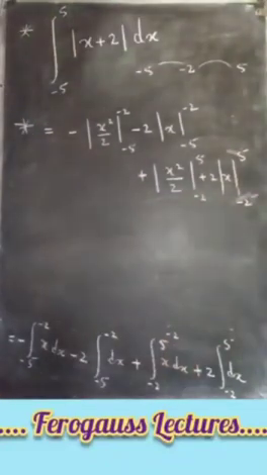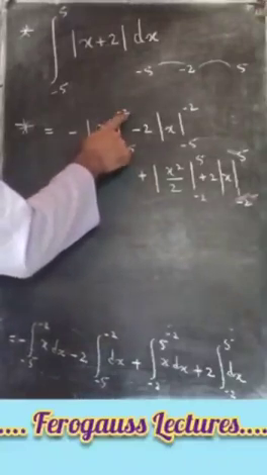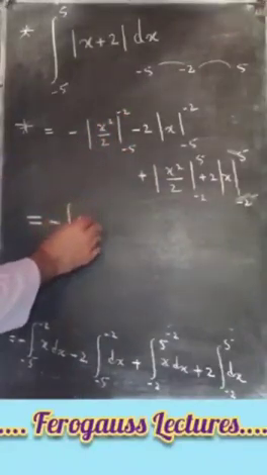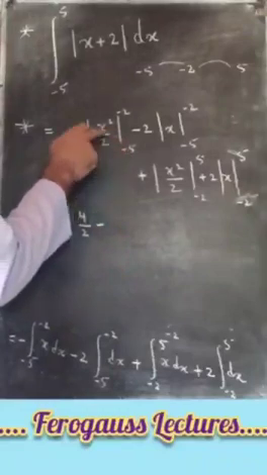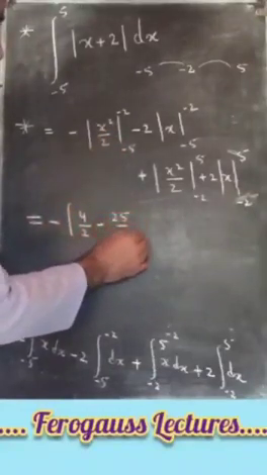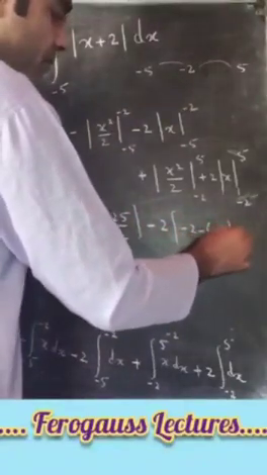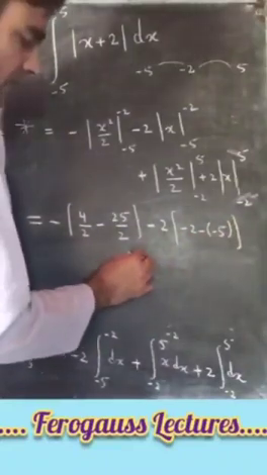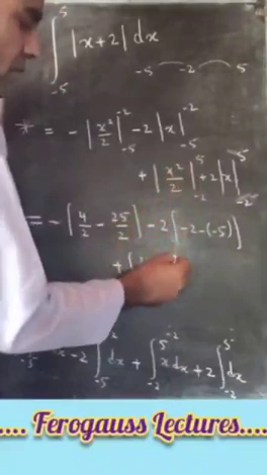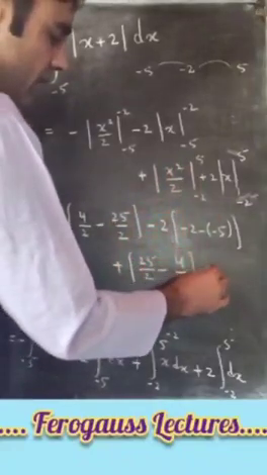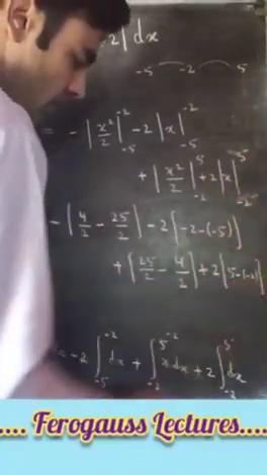Okay, that is further equal to minus times, now here the upper limit is minus 2, so it's minus 2 square, that is 4 divided by 2, then minus, lower limit is minus 5, so minus 5 square is 25, it's 25 divided by 2, then minus 2, again upper limit is minus 2, then minus, lower limit is minus 5, then plus, upper limit is 5, so 5 square is 25 by 2, minus, lower limit is minus 2 square which is 4, so it is 4 by 2, then plus 2 times, upper limit is 5, minus, lower limit is minus 2. Okay,